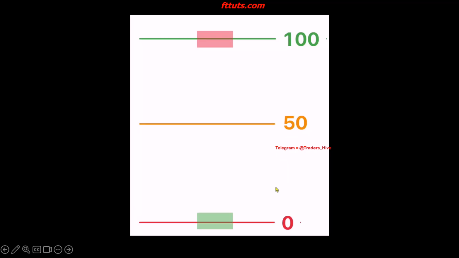Here we can see a visual representation of what I just explained. Notice that these numbers can be adjusted, and this is simply a rather basic explanation of a range where we have 0% of the range and 100% of the range. At the top of the range, we would look for shorts, and at the bottom of the range, we would look for longs.